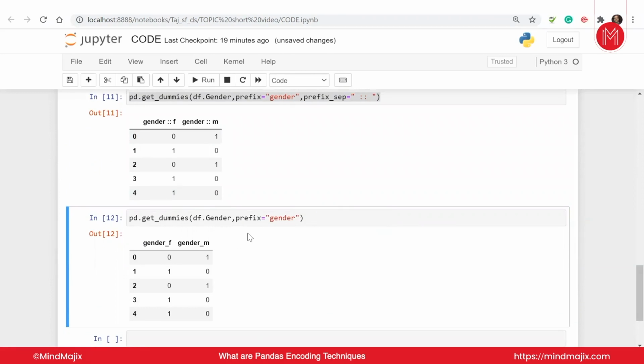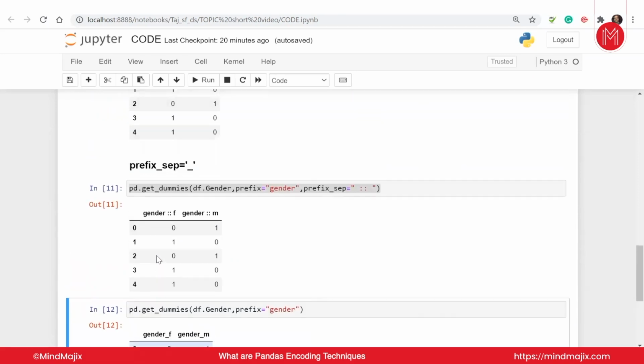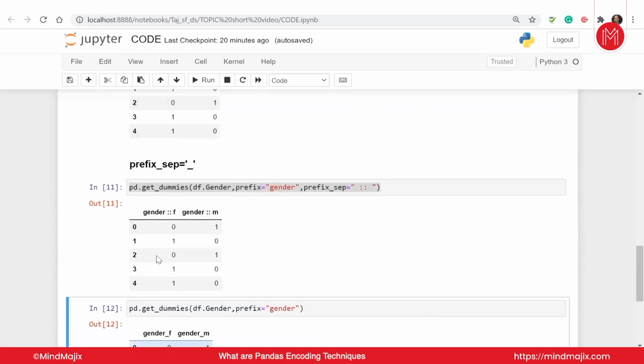Now by default, guys, you get the underscore. It is on you how you want to use it. If you don't like it, you don't feel like it's a good thing, you may remove it. If you're not giving a proper space between this, you will get an underscore by default, which you don't want to keep if you're giving a separator specifically. Giving a space before and after is a good practice. So that will be how you do the prefix part in your get dummies part.